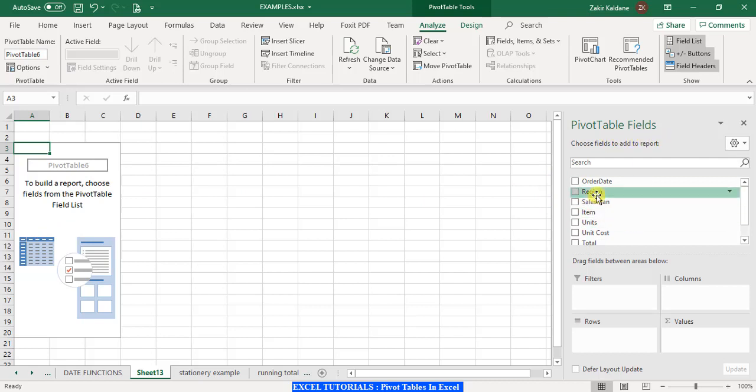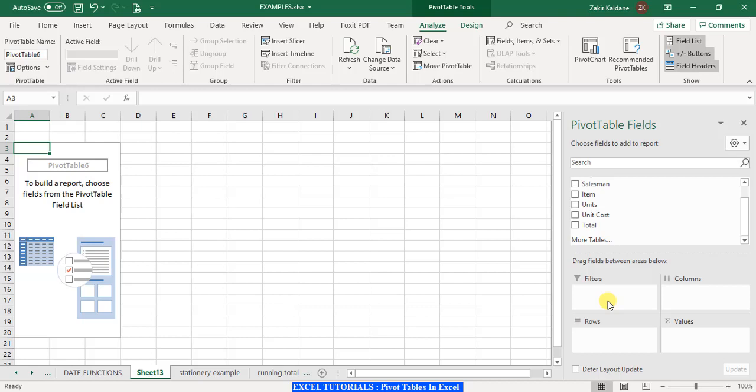Whatever fields we want to be shown in the report, we have to select from here. Below this there are four areas. The first area is the filter area, the second one the columns, the third one is the rows, and the fourth one is the values. As the names suggest, if we want to filter any data based on a particular field, we drag that field into the filter area.